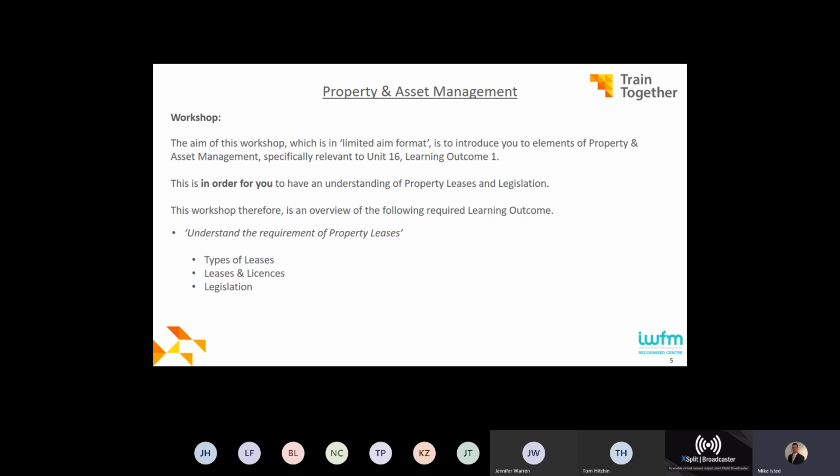outcomes. If I was to teach all of the different types of leases, the leases and licenses and all of the legislation, then essentially that would take 3 to 4 hours. It's just not feasible. So when it comes to leases, I'll talk to you about one of them, and then each one of you will disappear and find out, or I might pair you off and find out about other types of leases. Likewise with legislation, and then when you come back, you'll have an opportunity to feed back to